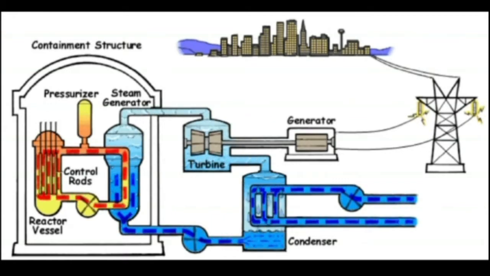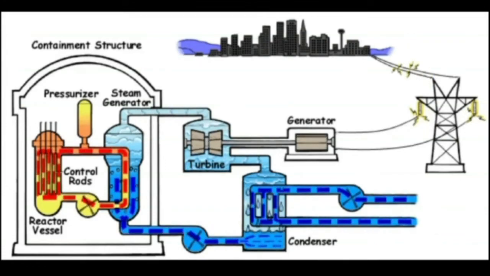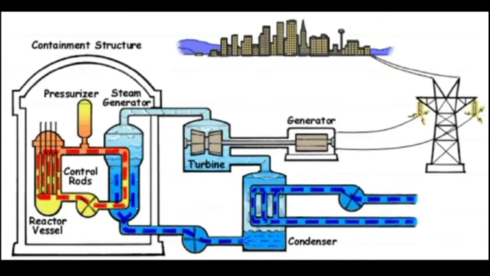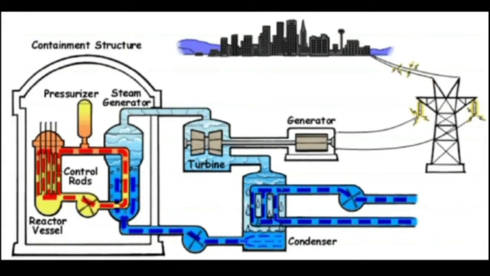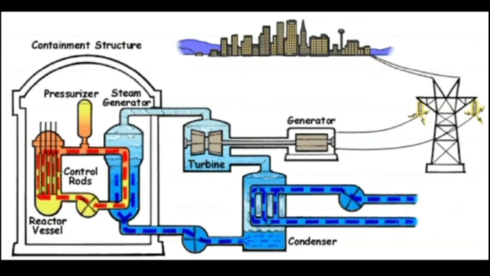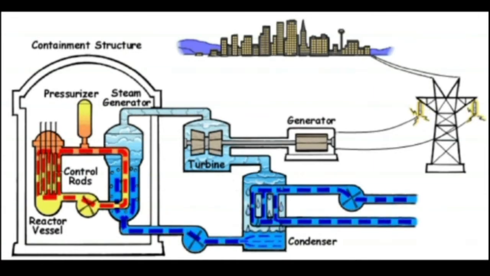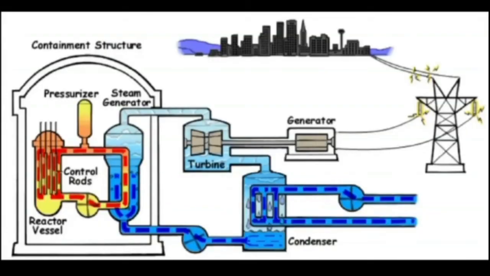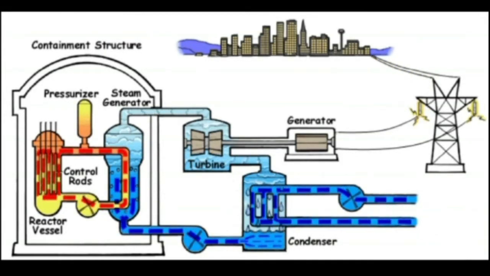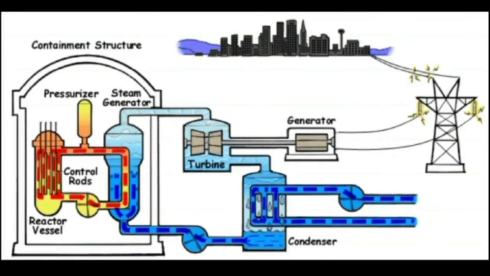Then that energy or heat, with the help of the pressurizer, is transferred to the heat exchanger, where cooling water is coming from the cooling tower, and in the heat exchanger the heat exchange takes place and the water is converted into steam. Then that steam, with the help of the pump, goes to the turbine with very high pressure and falls on the blades of the turbine, and the magnet in the generator which is connected to the turbine with the help of the coupling starts to rotate and we get electricity.